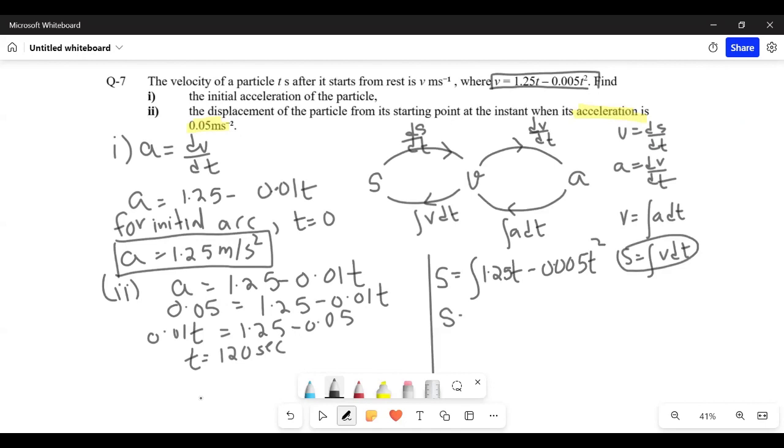So S would be equals to 1.25 t square upon 2 minus 0.005 t cube upon 3, और मैं प्लस सी करूँ।